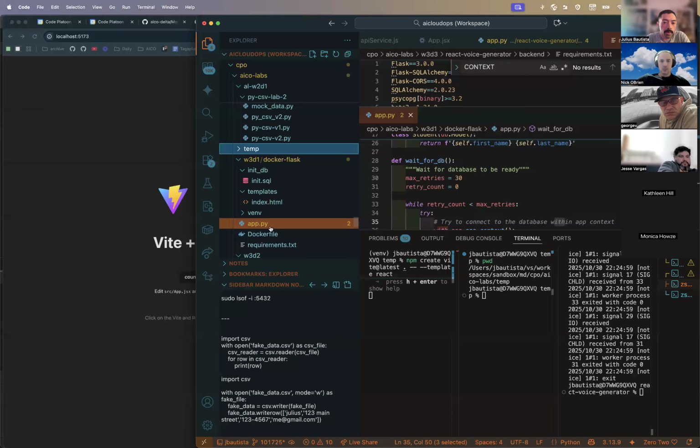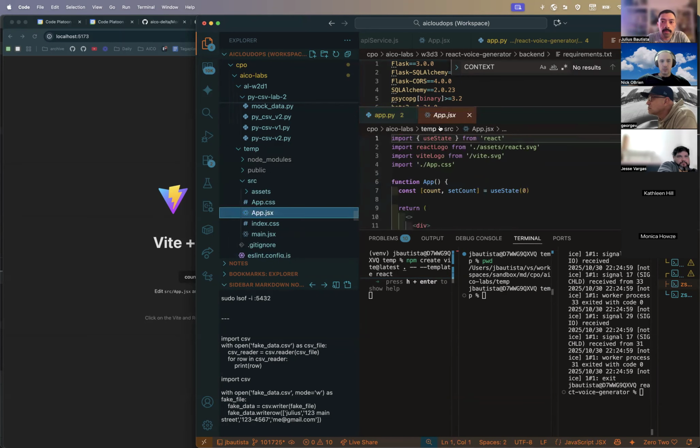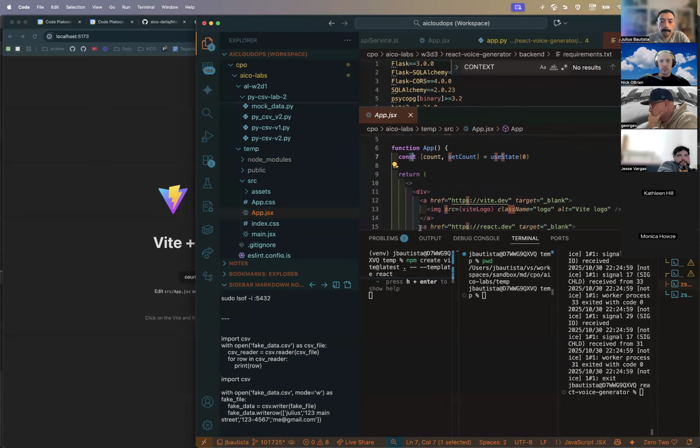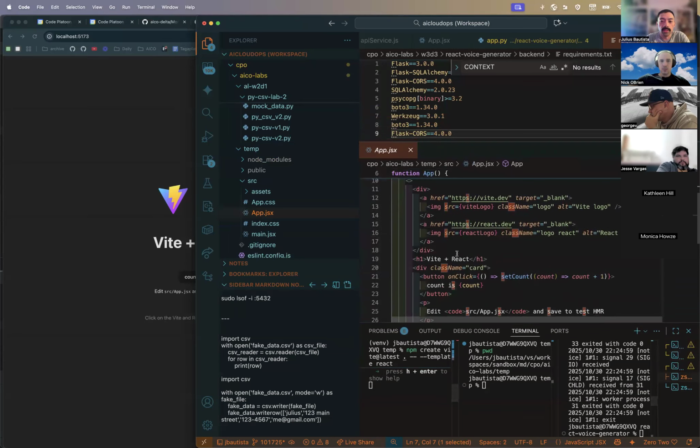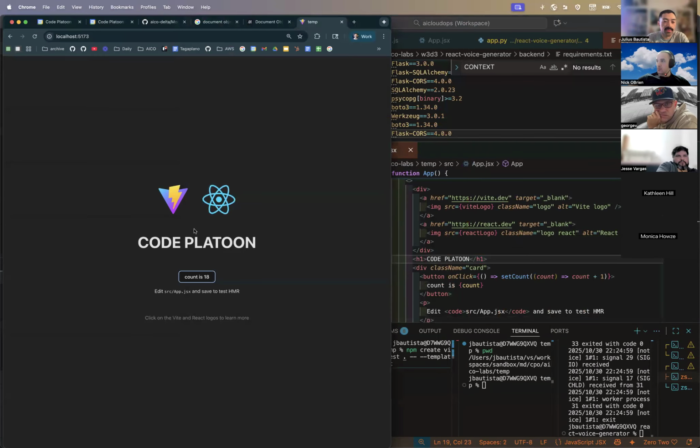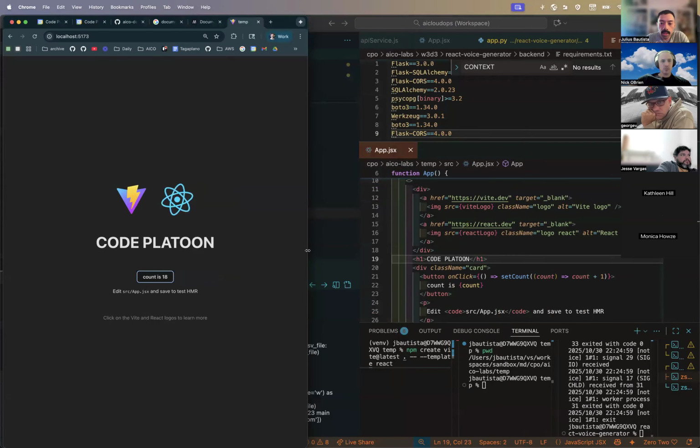If I go to my app, this is still the wrong folder. If I go to my app.jsx, not app.py, I can do things like change this text to say code platoon. And as soon as I save, we see in our browser that it updates. This is one of the, in my opinion, best features of React. It reacts to your changes. It allows you to work and develop really fast. So I just wanted to highlight that,